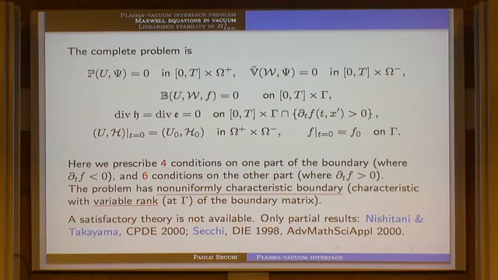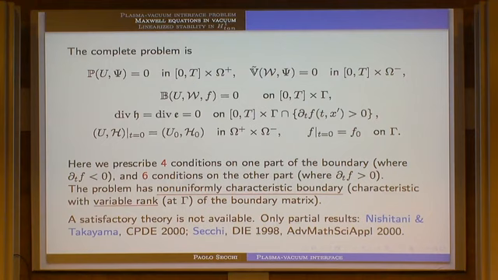So this kind of problem has a name. It means that the boundary is non-uniformly characteristic, because the rank of the boundary matrix is changing, is variable at the boundary, and there is no theory essentially for this kind of problem, only some preliminary results that I quote here. In the part in which the plasma is retracting, what are the 2 additional boundary conditions, where do they come from?